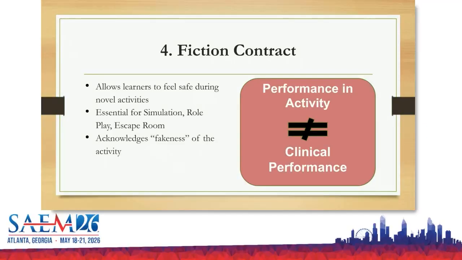And then this is a very important element for simulation. I include it so that you can recognize it and use it where it's needed. But if you're doing this on shift, the fiction contract is for anything, again, active learning, role playing, simulating, thinking scenarios. The fiction contract acknowledges the fakeness of it and says, hey, however you play this, whatever construction paper game we've got right here, that's not going to reflect your clinical performance. We're just going to use it as a platform to learn and discuss things. Well, then people are going to engage with the game. They're not going to be like, oh, if I don't use that construction paper right, she's going to think I can't innovate. They're not going to do that. So it acknowledges the fakeness.